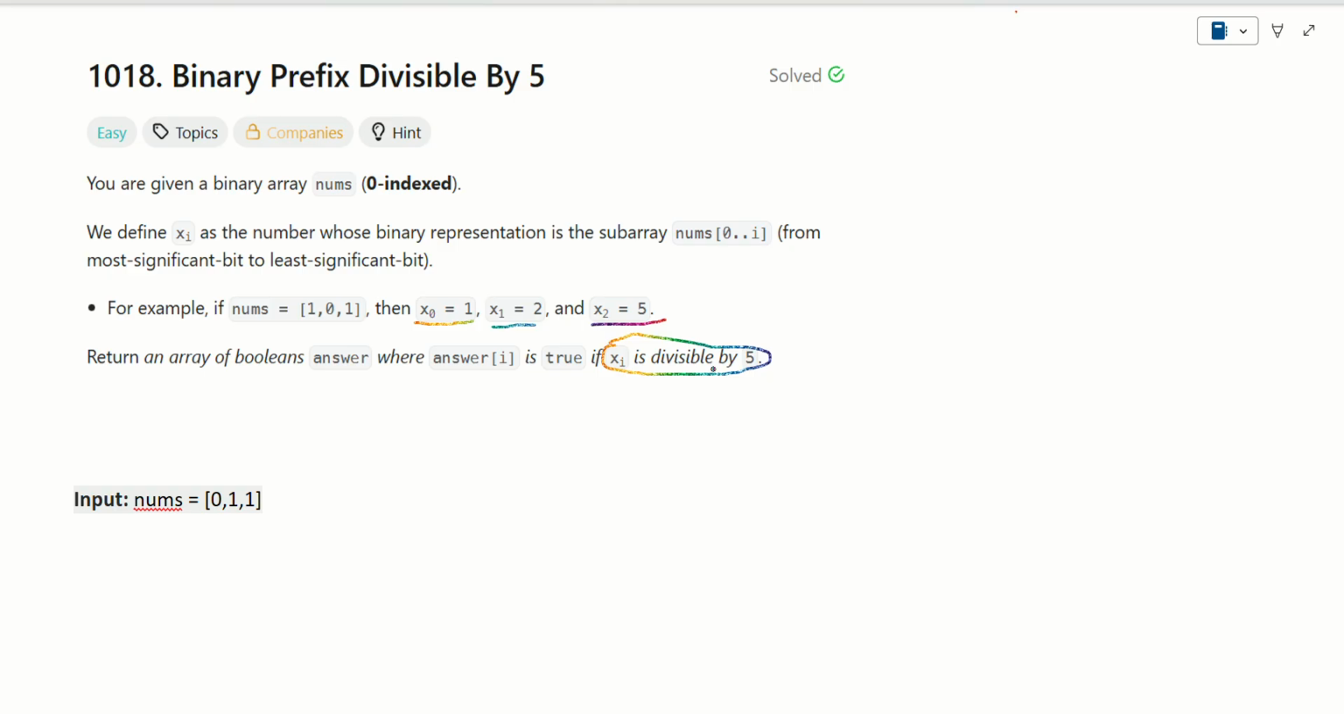5. Okay, so question says that we are given an array nums which stores either 0 or 1, and x0 denotes the number whose binary representation is the subarray nums from 0 to i. That is, x0 represents the subarray of nums i,